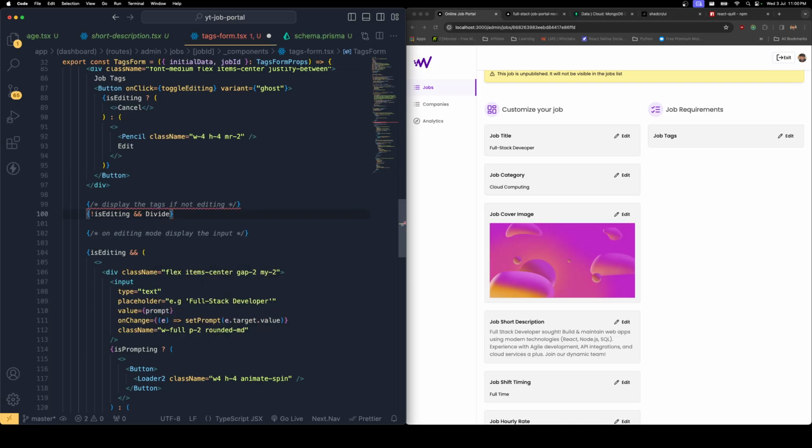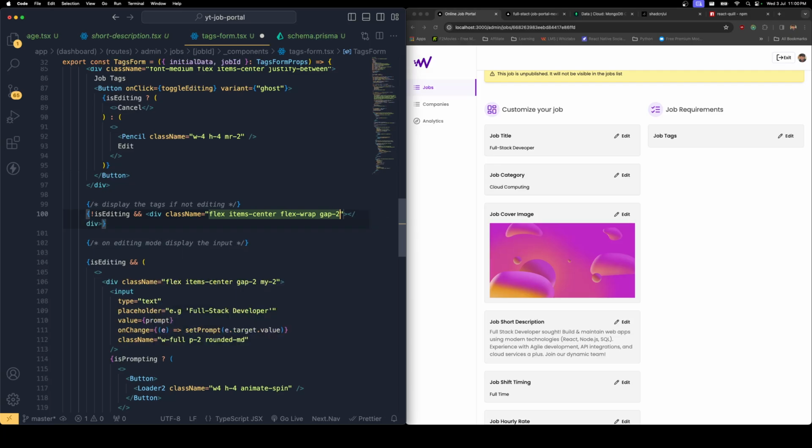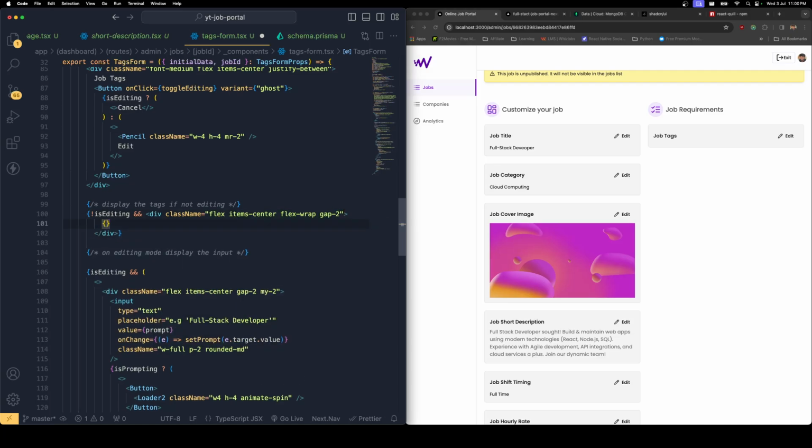So div, and inside this div let's add some styles: flex, items center, flex wrap, and gap, of course, it's going to be 2. And here I'm just going to check whether we do have the initial data,